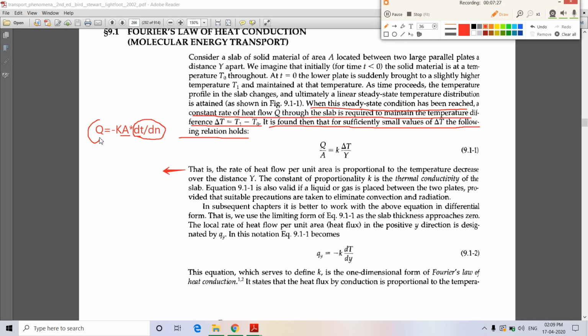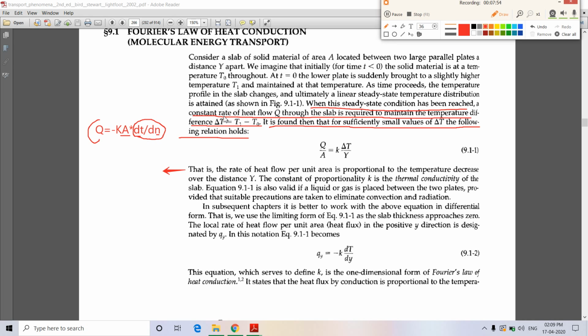Q is the rate of heat transfer. K is the thermal conductivity. A is the area normal to the heat transfer. And dT upon dN: T is the temperature and N is the distance, and dT upon dN is called the temperature